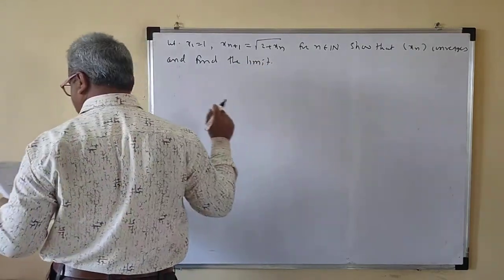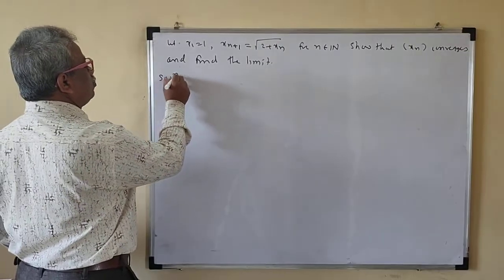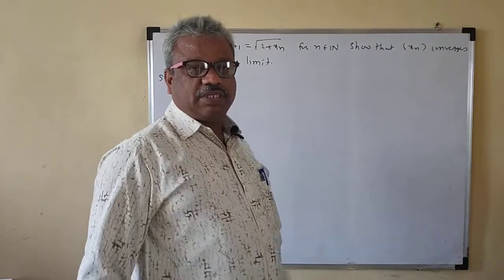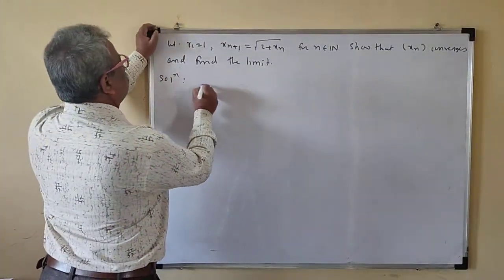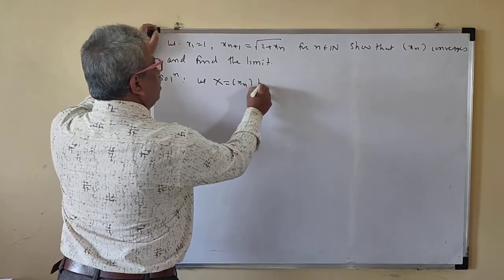It is convergent means the limit exists. Okay. Solution. If such sequences are there, always try to prove that the sequence is monotonic, increasing or decreasing. So that we will do now. Solution. Let x equal to xn be a sequence